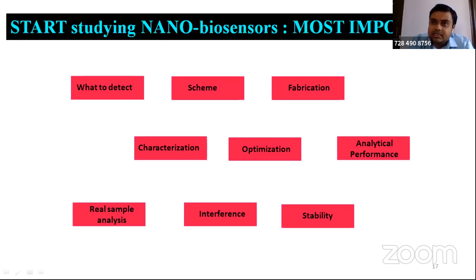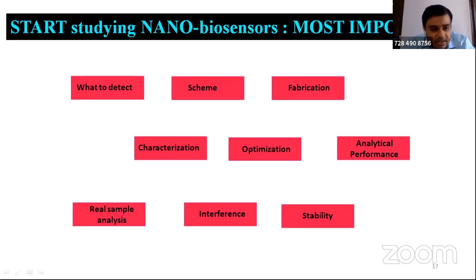That is why we do the real sample analysis, and then we need to check the interference of other molecules. If you made a glucose sensor, but it is also able to detect fructose and other monosaccharides or disaccharides, there is no point. It should be extremely selective. If you are making a sensor for a breast cancer biomarker, it should not respond to cervical cancer or any blood cancer. Otherwise there is cross-reactivity, and there will be false positive results. That is what is called interference analysis or the selectivity assay.